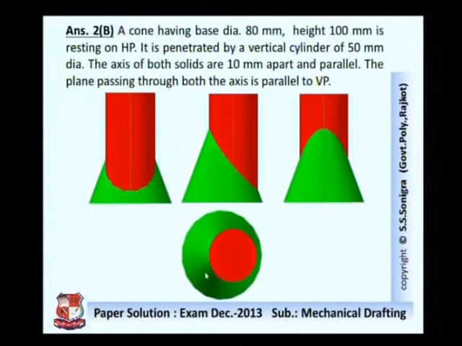This is top view. You can see here, it could be clearly visible, a cone and cylinder, right? And this is front view, top view of cylinder and cone. This is front view. In front view, cylinder will appear in this portion. The remaining portion of this cylinder is inside this cone. This is side view drawn to the right side, so it's a left hand side view. If you look from this side, it will appear like this.